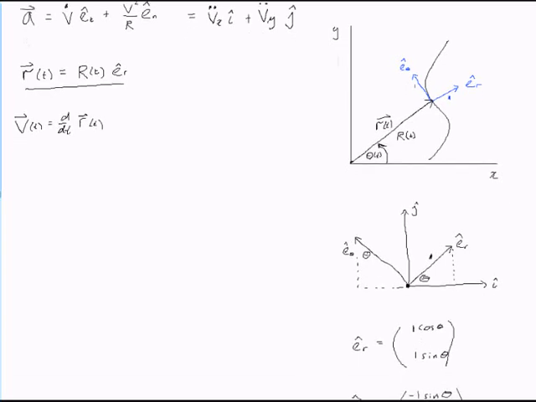Alright, now that we know that, we can just differentiate this equation to figure out what our velocity vector is. Well, that would imply that our velocity vector will be equal to the derivative of whatever r(t) e_r hat is, right? It's just going to be the derivative of r(t)